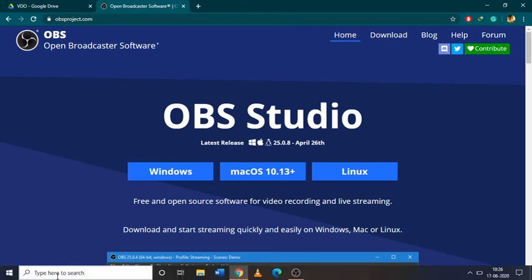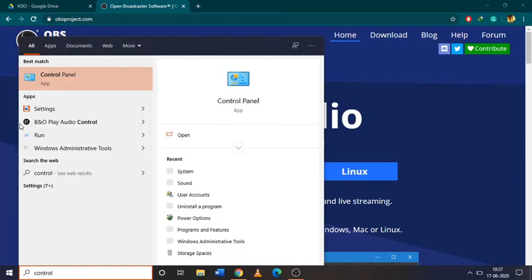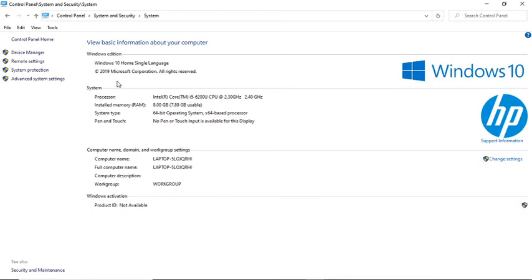Let us go to the start menu, go to control panel, click on control panel, click on system and security, click on system, and the page you get is where you will find out whether your operating system is a 32-bit operating system or a 64-bit operating system.